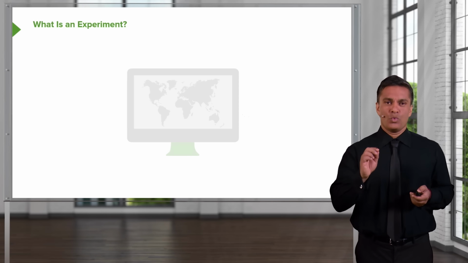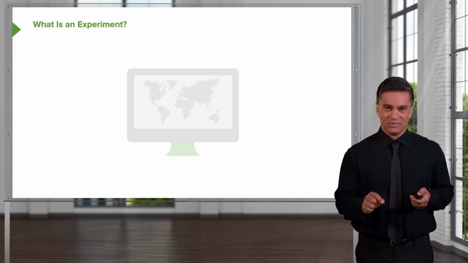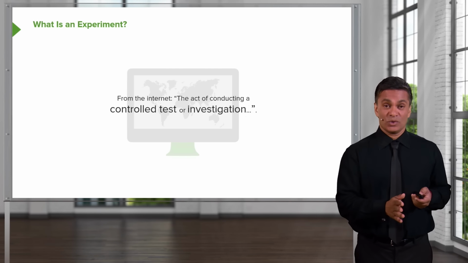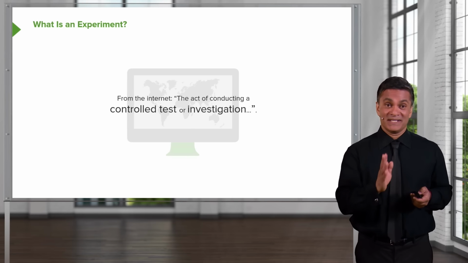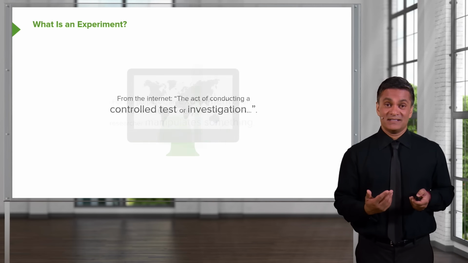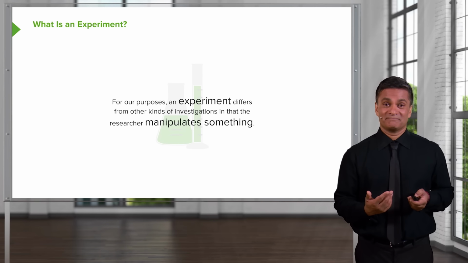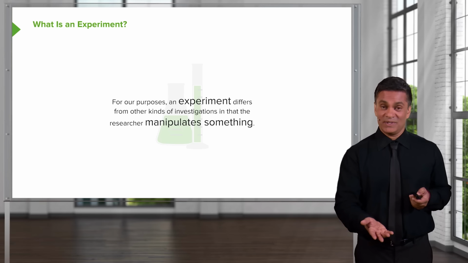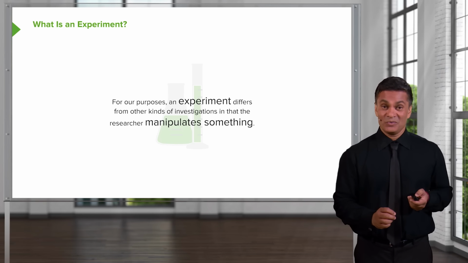We're talking about when we manipulate a variable. So perhaps we are deciding who gets a drug versus who gets a placebo, or who gets to smoke versus who doesn't smoke. Whenever we are telling people what to do, we are conducting an experiment. We manipulate something. We manipulate a variable. In observational studies, we don't. We let the universe unfold as it would. We let people choose what they're going to do. We may select them based upon what they're doing, but we don't tell them what to do. An experiment involves us changing a variable.